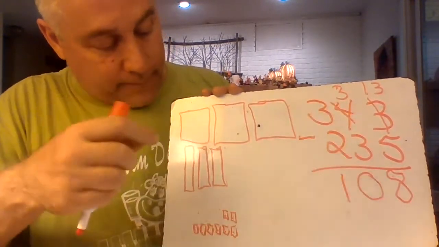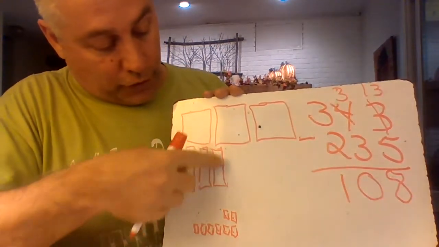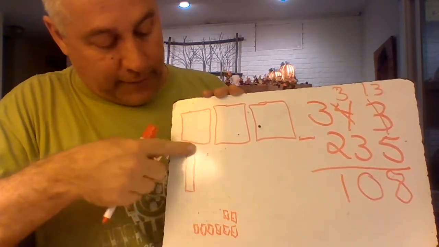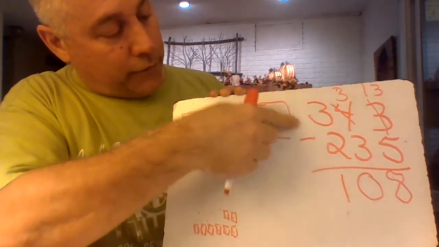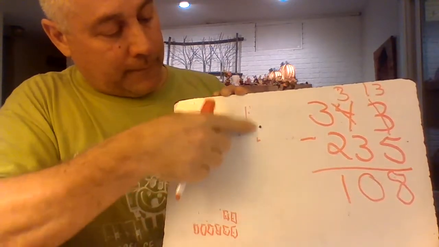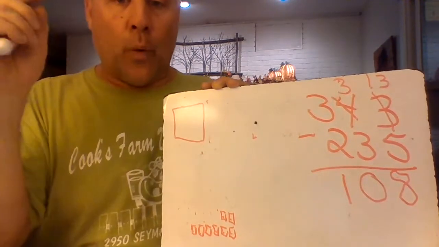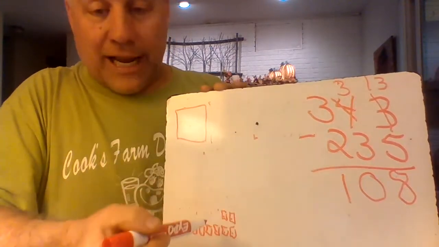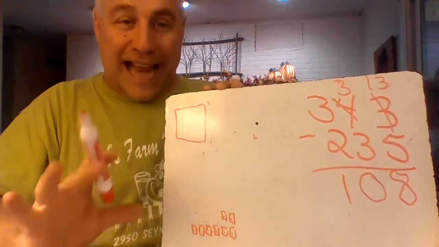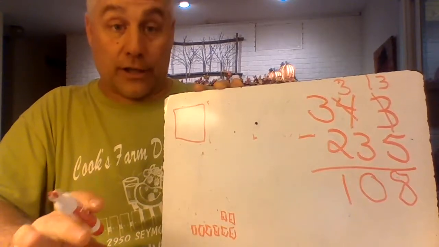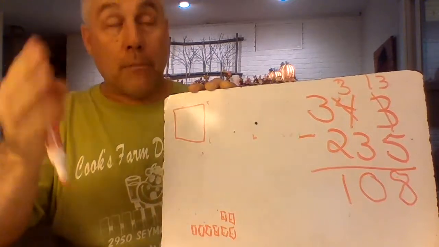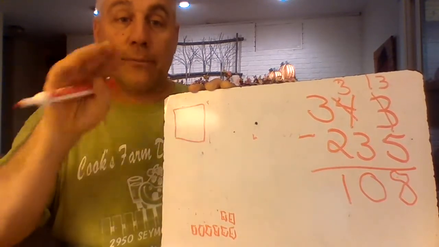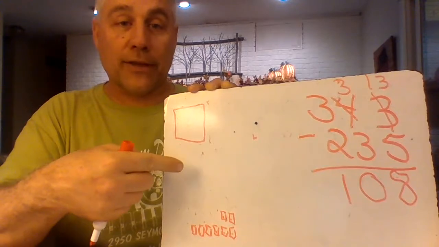3 minus 3. I'm going to take all 3 away. And then 3 minus 2. There's my 300s, and I'll take 2 of them away. All right, so when we think about it, then that leaves me with 108. So that's really what's happening when we talk about subtraction. Now, it's important that we understand that, because tomorrow and the next day, Monday and Tuesday, we're going to spend some time doing bigger subtraction problems like this, and it's really important we're able to do them quickly and easily